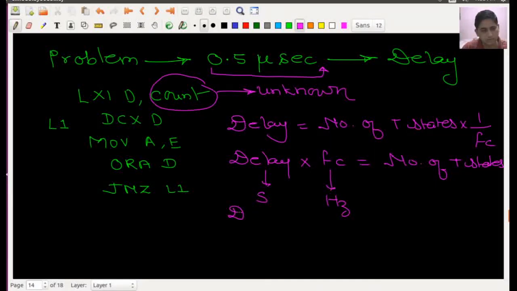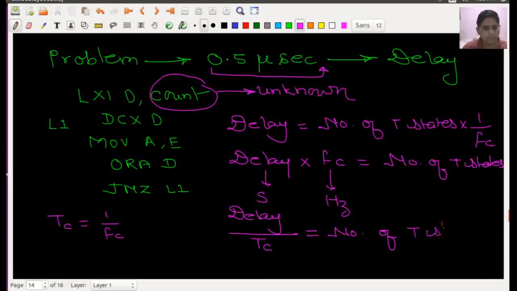So for this I can write down the inverse, because we know that Tc can be given as 1 upon fc. So I can write this as 1 upon Tc is equal to number of t states. If I proceed for this calculation, it shows that if the delay given is 0.5 second, for example, we can change it, we'll not go for this small calculation.